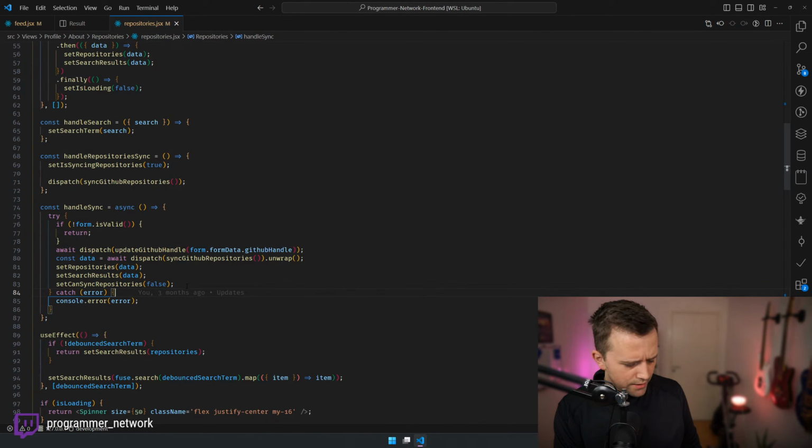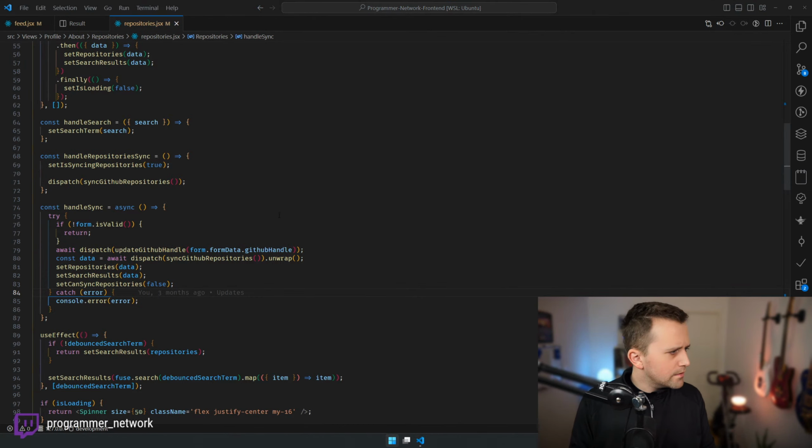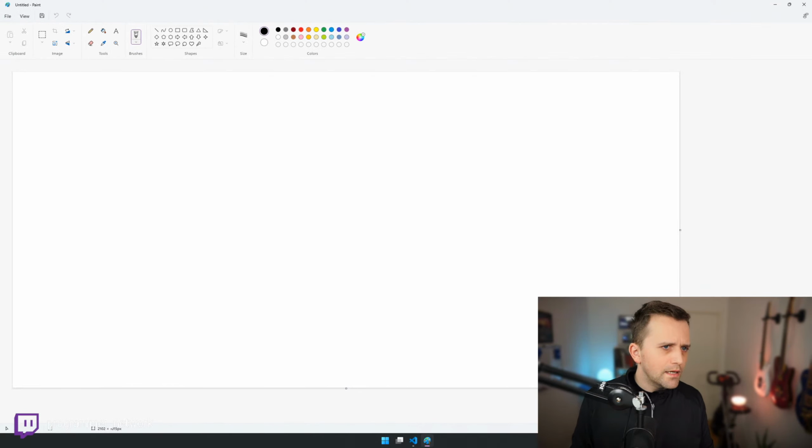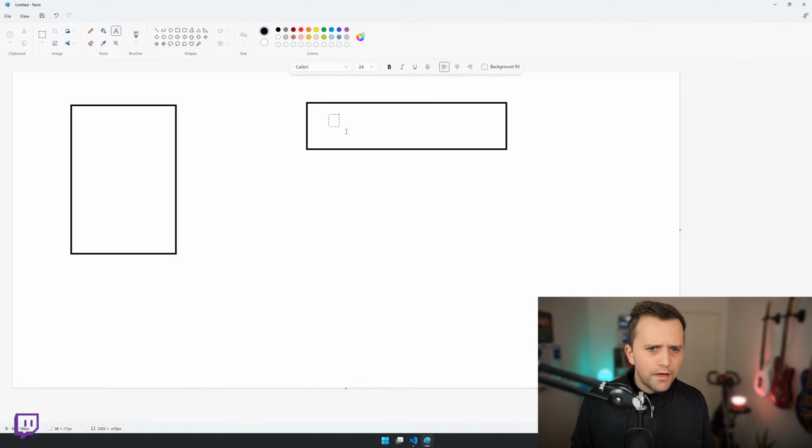Actions are not strings. Actions are objects. Redux is a pattern. It's a flux pattern. It has nothing to do with this. You have a state, you have a reducer where you define how the state changes.